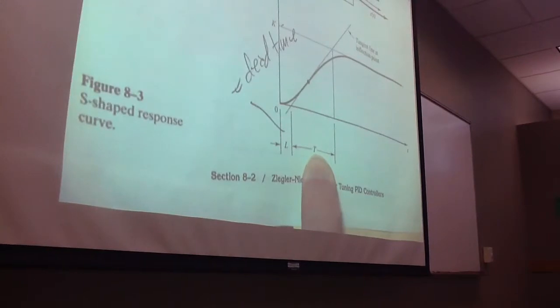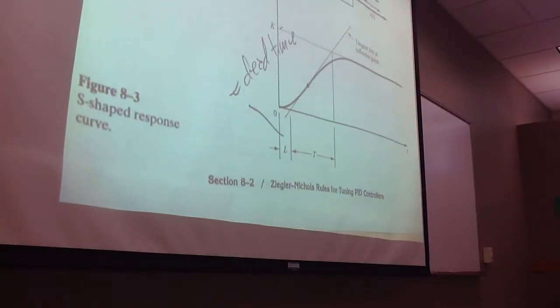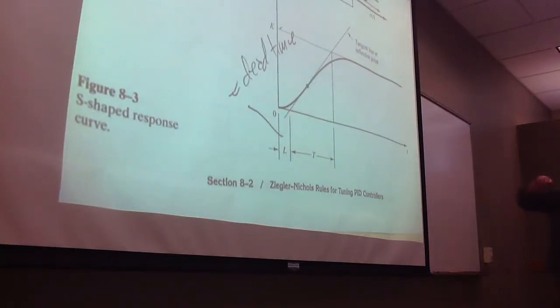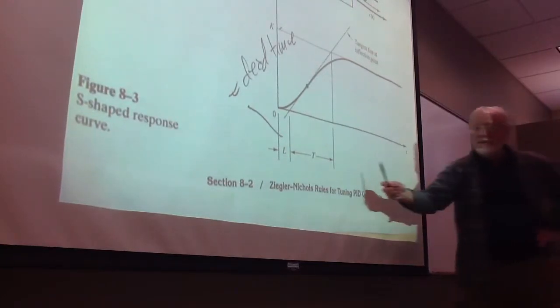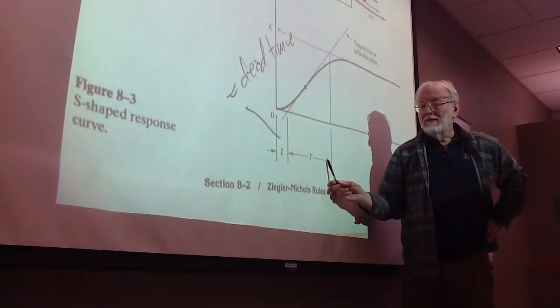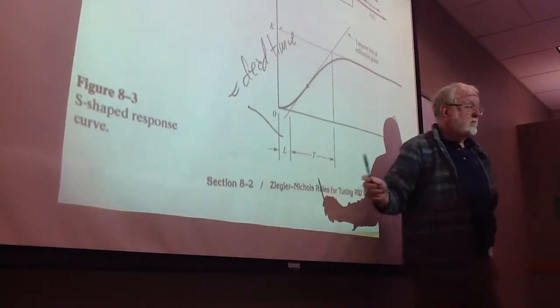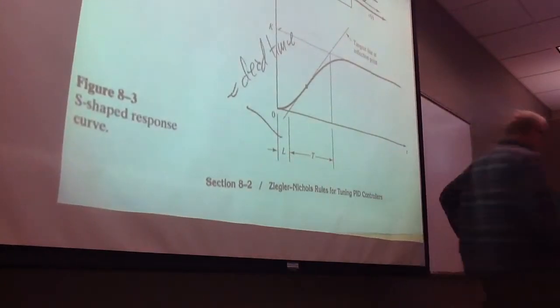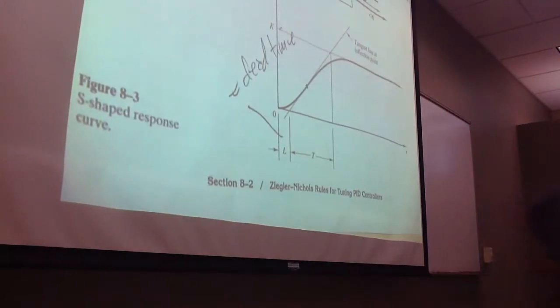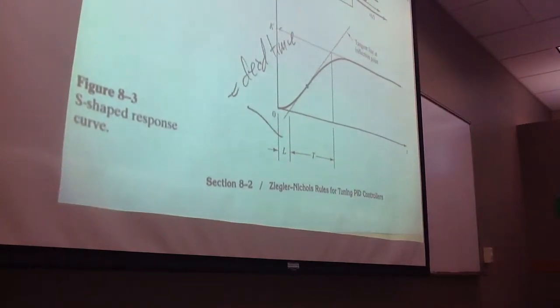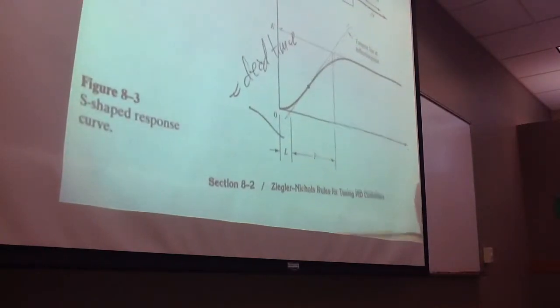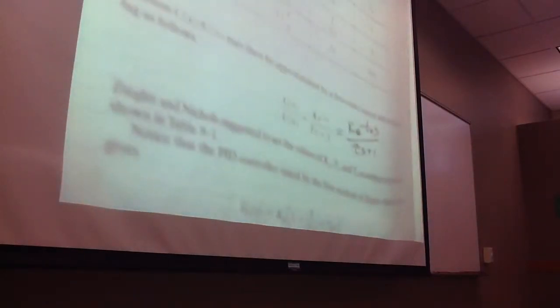That's not the one where we go out and go 63%. This is a different way of getting the time constant. This is the original way that Ziegler-Nichols did it. So this is wise that they did that, because then they gave you the Ziegler-Nichols formulas